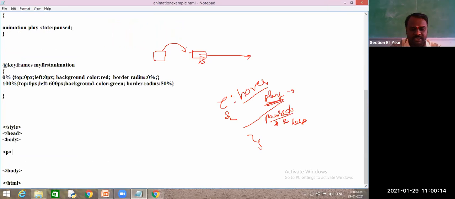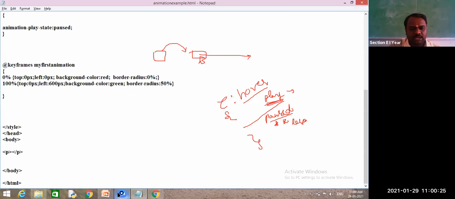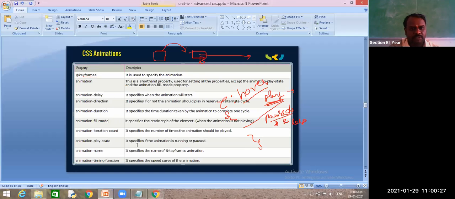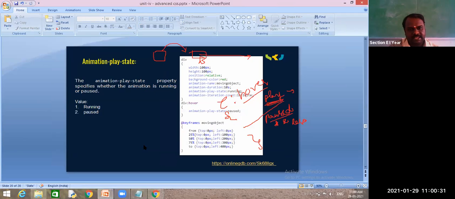I have removed this paragraph. Right. The animation has stopped. So we have learned all these properties. Okay. Next, we will go for transitions.